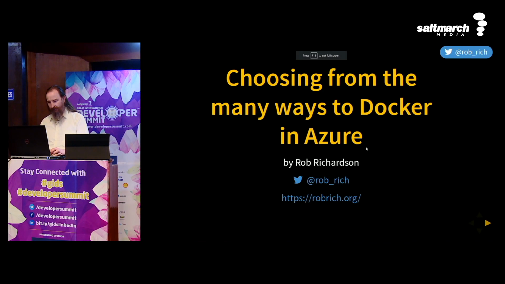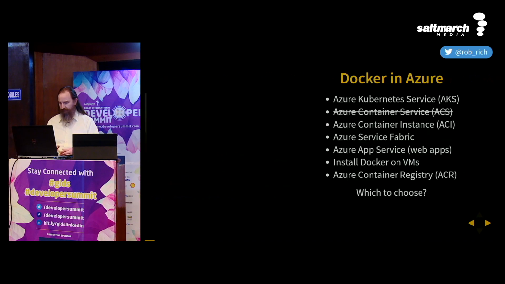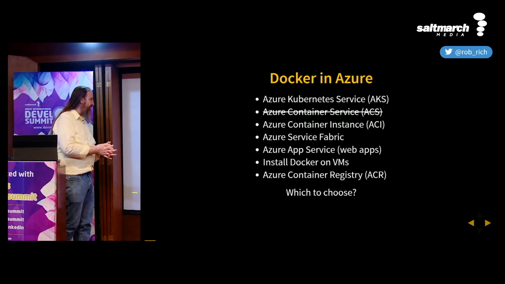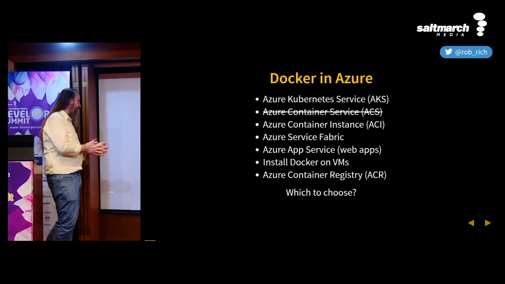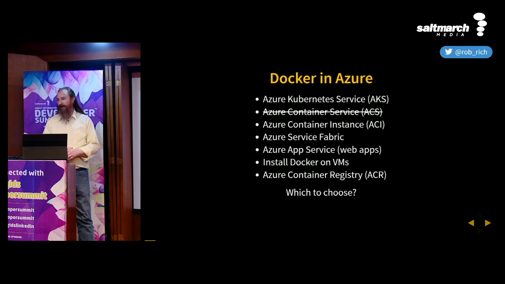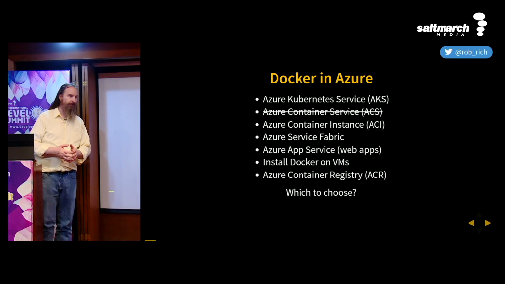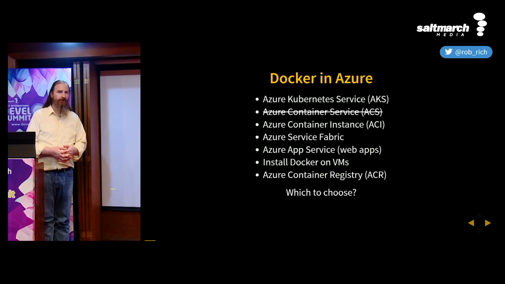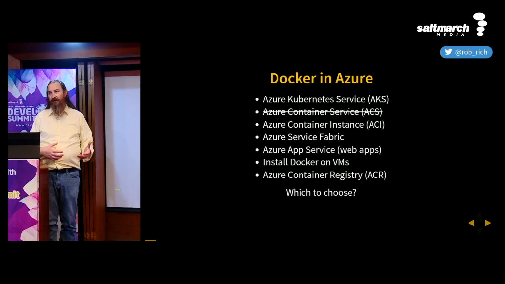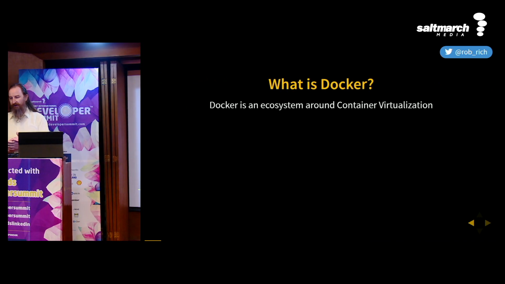Okay. So let's choose from the many ways to Docker in Azure. We talked about this guy. Docker in Azure. We have AKS, we have ACS, we have ACI, we now have ACA, we have HCR. Which of these things should we use for hosting our web app? Well, I would argue that's kind of not the right question, but rather, in what use case do each of these make sense? Do I have that use case? In which case, that's the right solution for me. So let's take a look at each of these and figure out what we need to do.